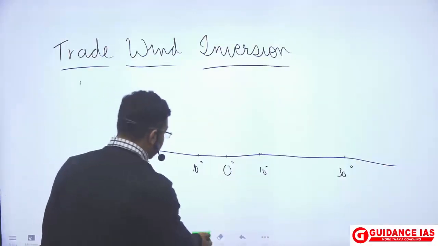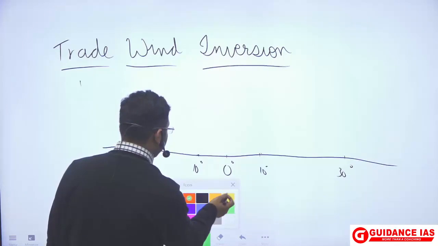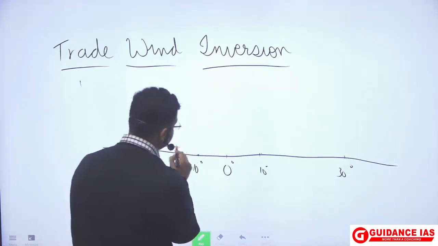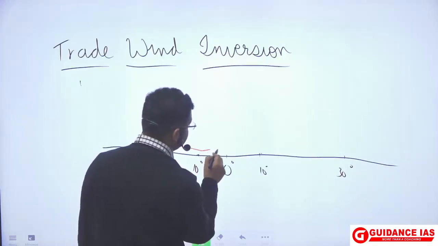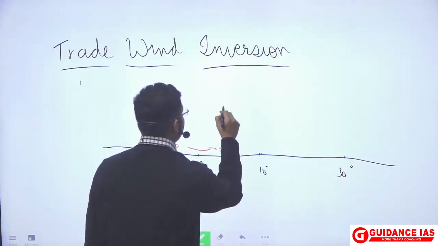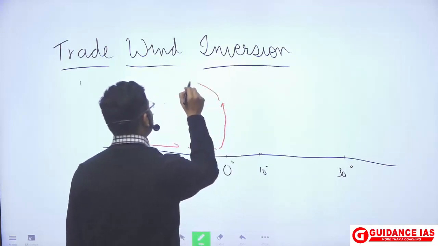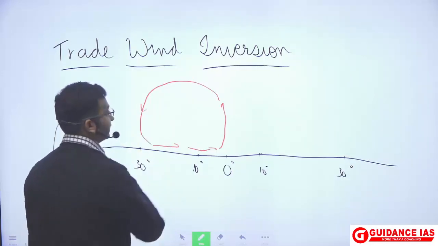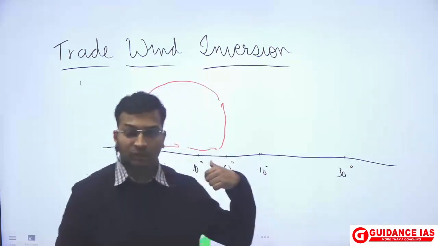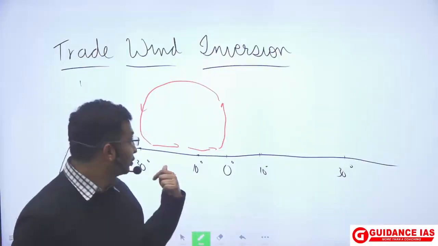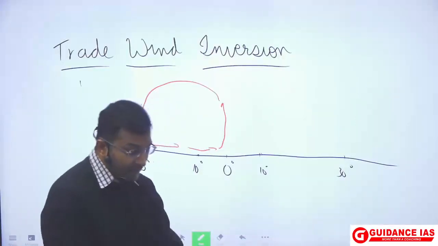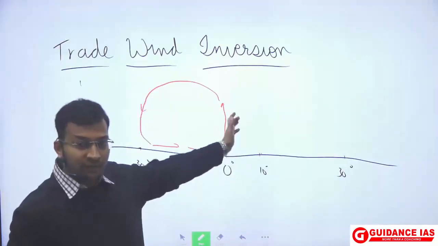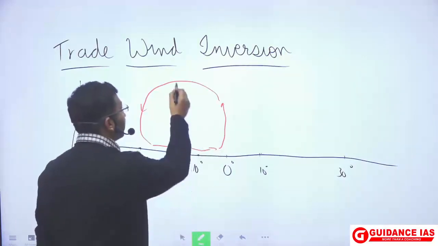As you all know, there is presence of trade winds moving along the surface, which rises along the equator and subsides in the high pressure belts along the 30 degree latitudes in both the hemispheres. As these trade winds rise above the equator, they become